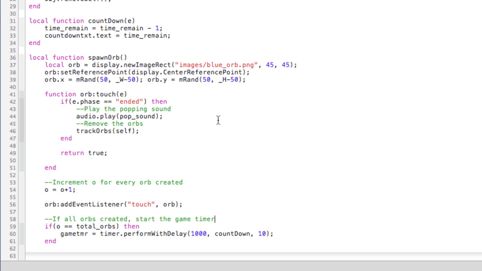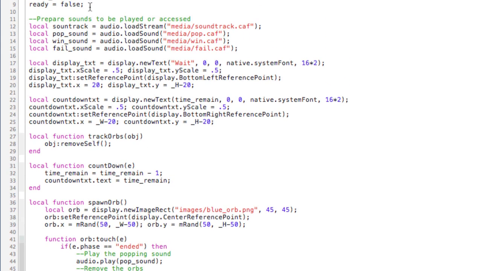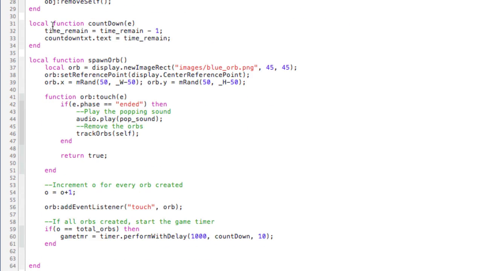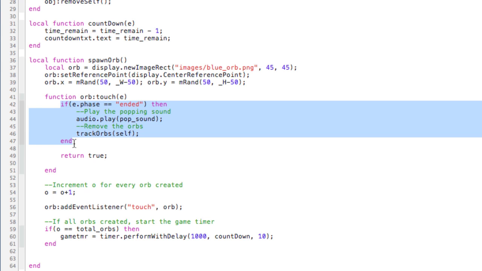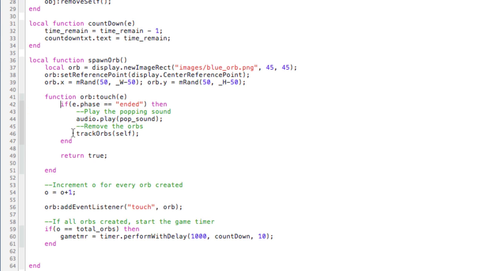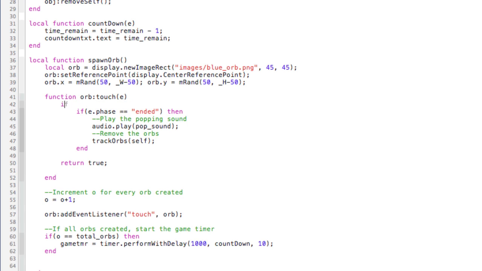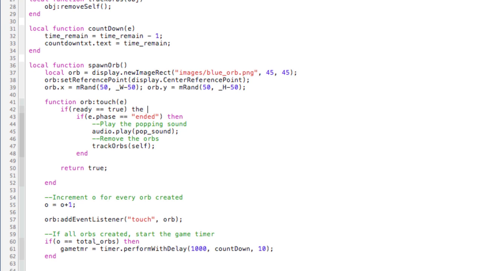Okay, so I want to use this ready variable to track the state of the application. What I want is for ready to be true when the application is ready to accept user input. Otherwise, false. So user input here is determined by add_event_listener. So I'll take this portion of the event listener, which is the actual touch portion, and I'm going to put it within another condition. If ready equals true, then we process the touch,